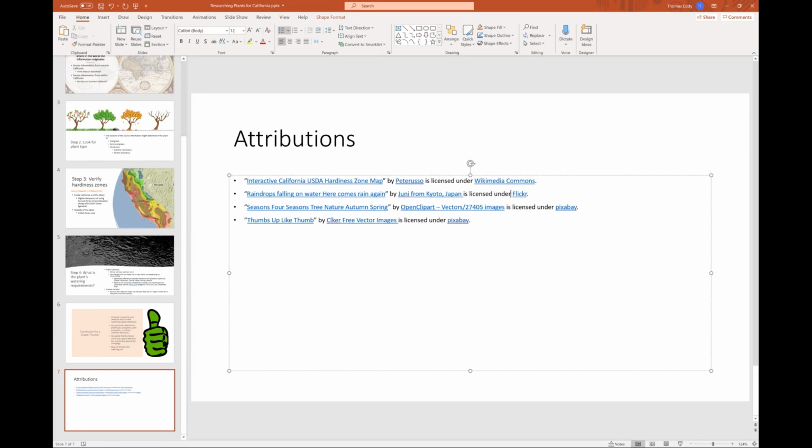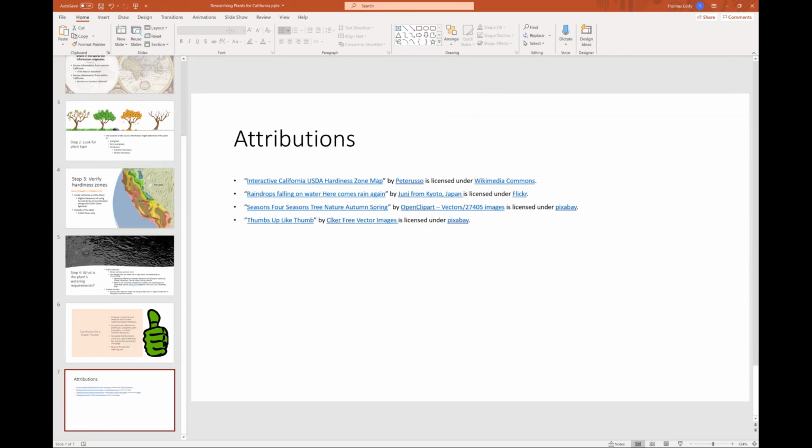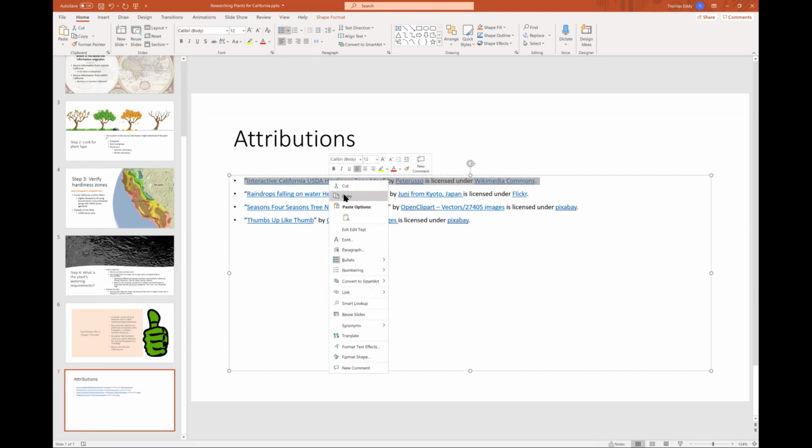So I mean, for example, I have to put the attribution on a separate page, right? You don't have to. I'm going to show you something. Now I did this because I have a lecture and this is my preference. I put all the attributions together at the end, just so that they're not making a mess of the sheets. But you can, I'm going to show you, copy.